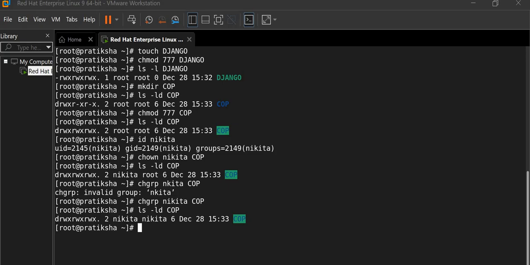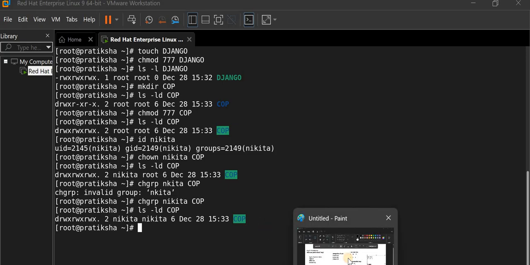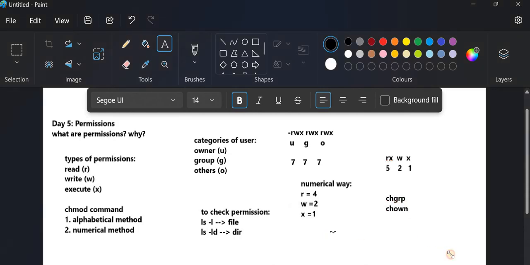So now let's talk about the Umask. Let me write here Umask. So what is a Umask? Actually the Umask value determines the default permission for newly created files and directories, and by default the Umask value is 022. So for the files the default permission is, okay, let me